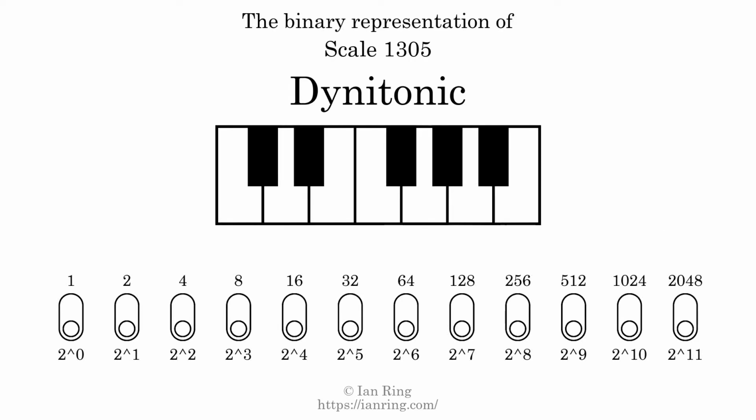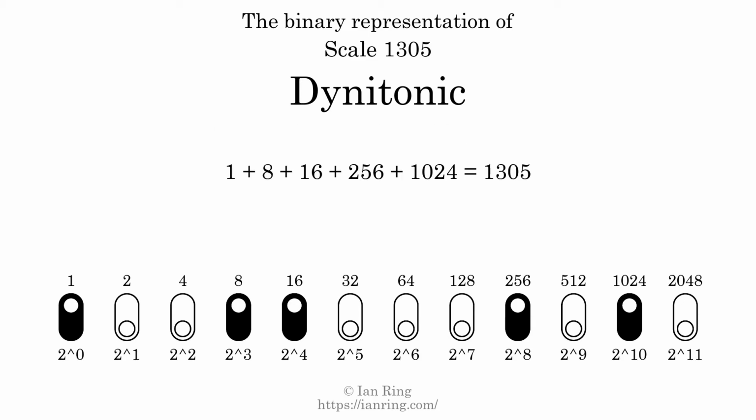The binary representation of this scale is determined by mapping tones of the scale to binary digits. Each binary digit represents a power of 2. To get the scale number, we add the powers of 2 together. The powers of 2 that are present in the scale, all added together, equals 1305. That is why the scale number, in decimal, is